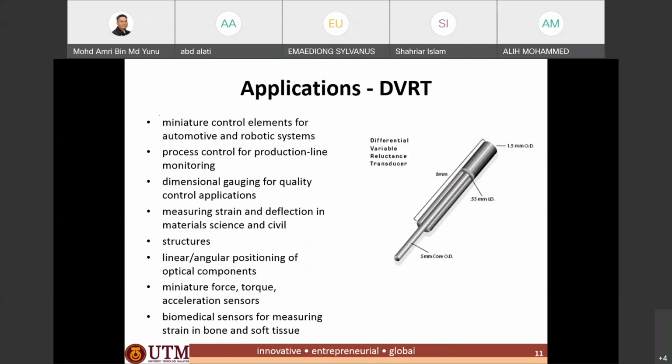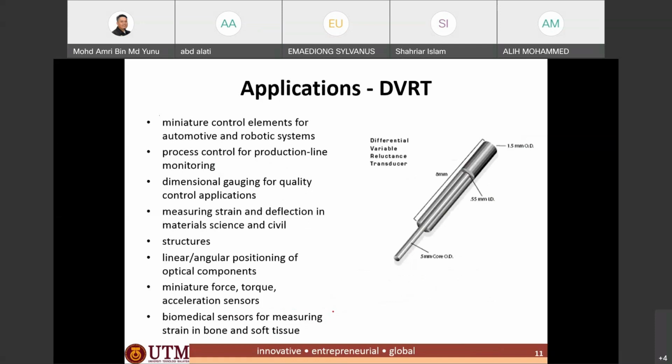The application here is for automotive and robotic systems. There are other applications listed here, but one significant application I want to share is the biomedical sensor for measuring strain in bone and soft tissue,